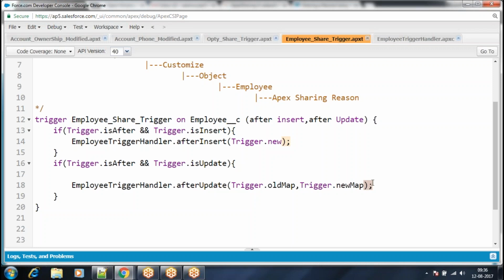So it is always a good practice to write trigger logic within a class. Always it's a good practice to write trigger logic within a class. Was that clear? Okay. So fine. That's all from